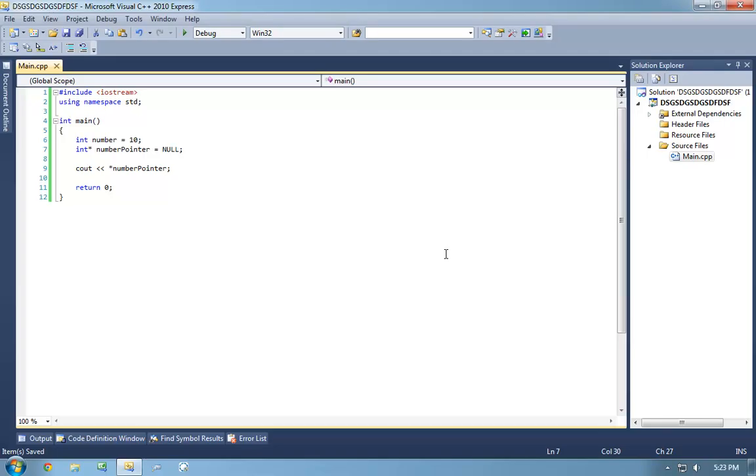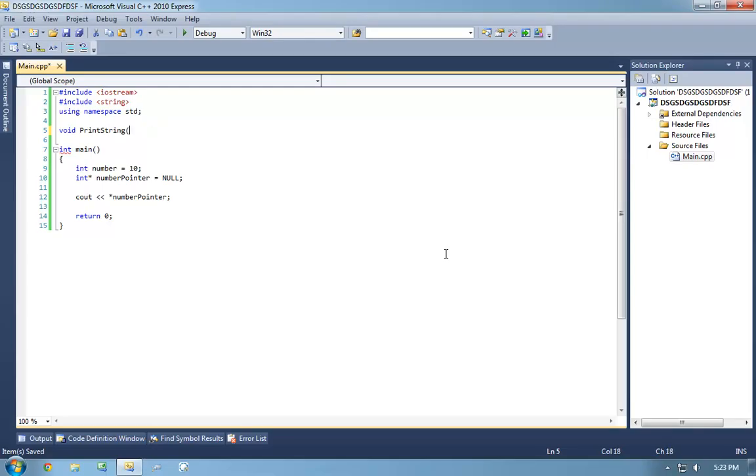So the designer of C++ wanted to make a concept of a pointer, the ability to point to something else, for a lot of reasons. The biggest reason is performance. For example, let's say we have a string, and we have a function that takes in a string. So here's our nice little function. We have a function that takes in a string, stuff like that, and we can have a string bleh equals hey.